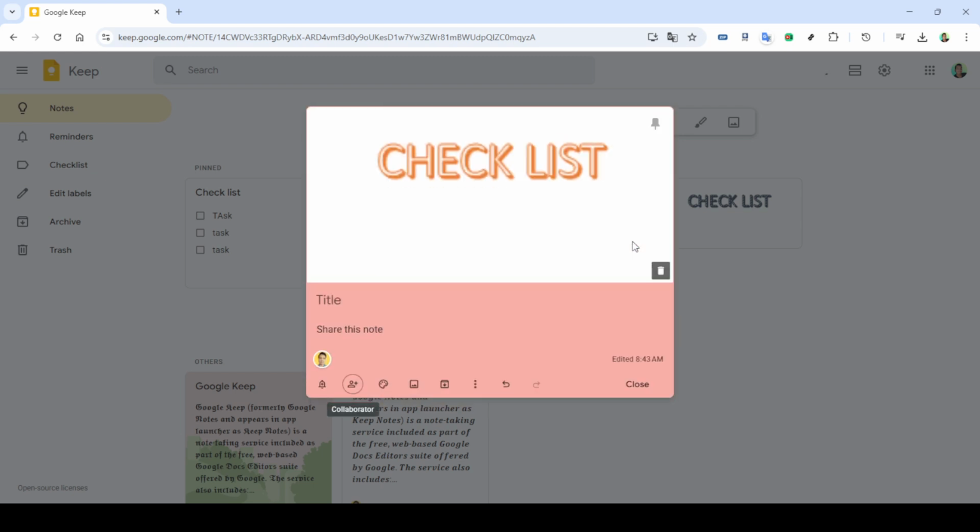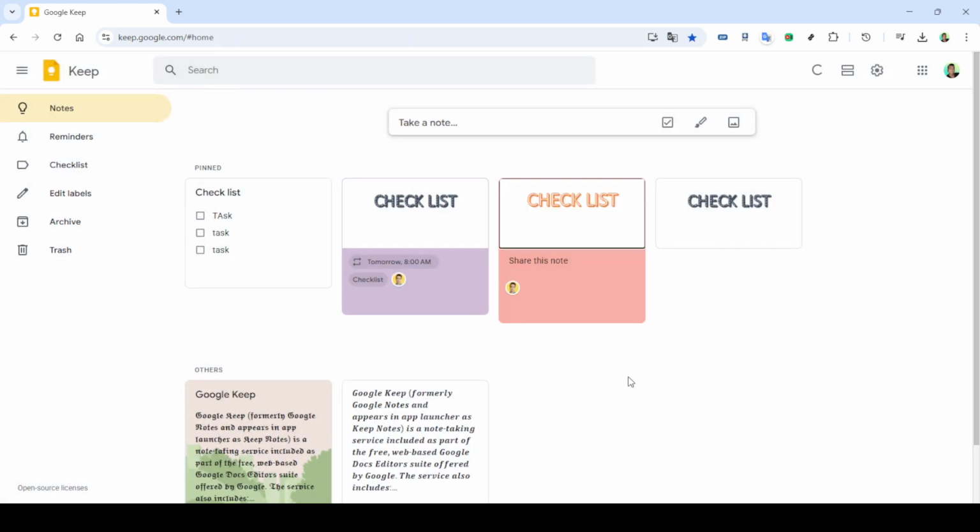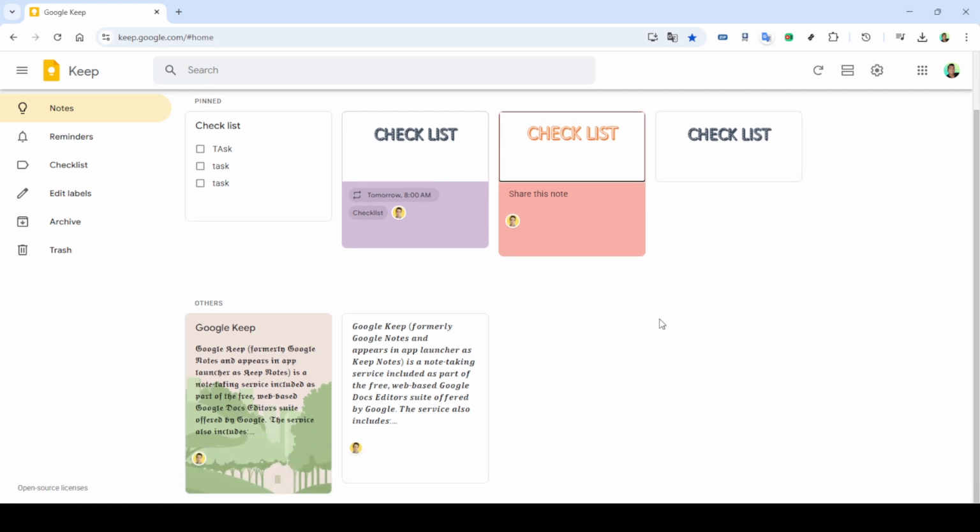Sharing notes with others on Google Keep can significantly enhance productivity and ensure everyone stays on the same page. Whether it's for a project, a shared shopping list, or even just brainstorming ideas, it's a feature designed for easy collaboration. Make sure everyone involved has an active Google account, as this is a requirement to access and edit the notes through Google Keep. And there you have it, you've successfully shared your Google Keep